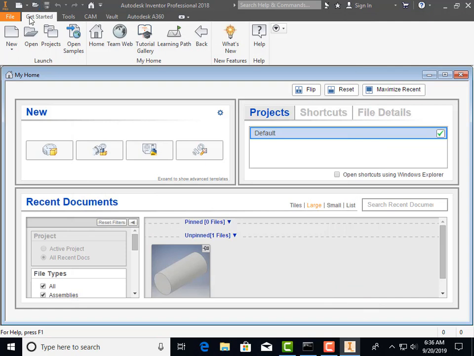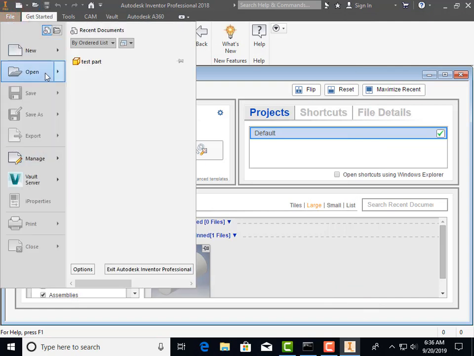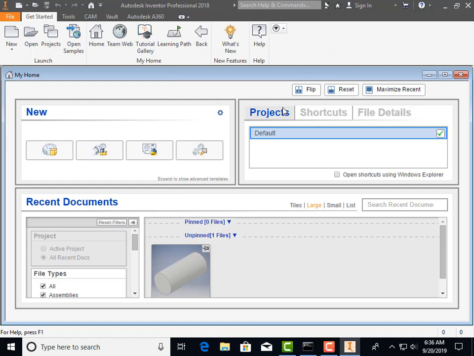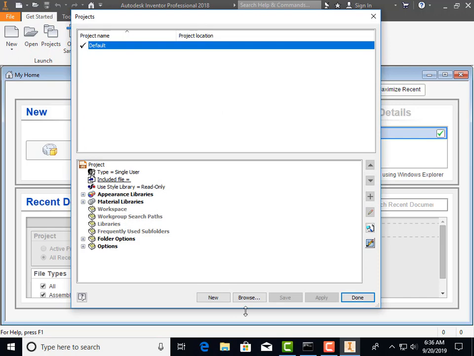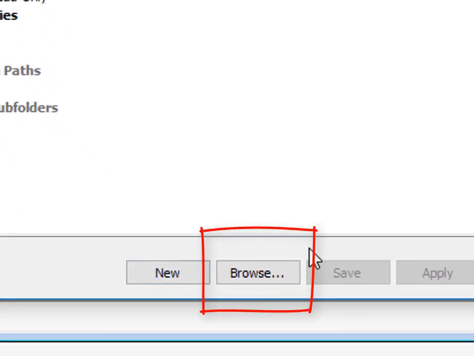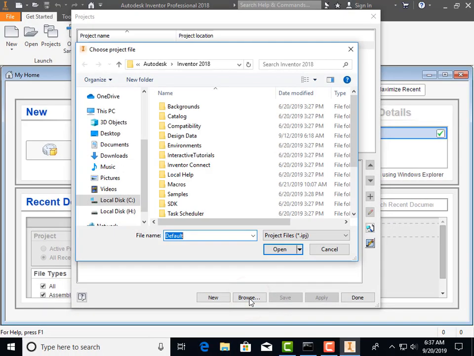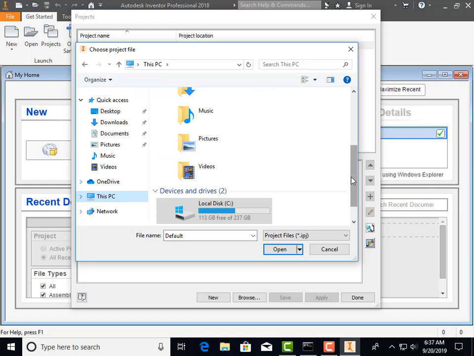So if I hit just file, I don't have anything open to do file save, but it'll go to the C drive if I try to save something without taking care to set this up, like I'm going to show you right now. Okay, so the way we do that, we've got an existing Inventor project called Puzzle Cube. I go to projects, and then I come down here to the browse button. I want to move or browse to that project file that we just created. So I browse, and I come over here to This PC,